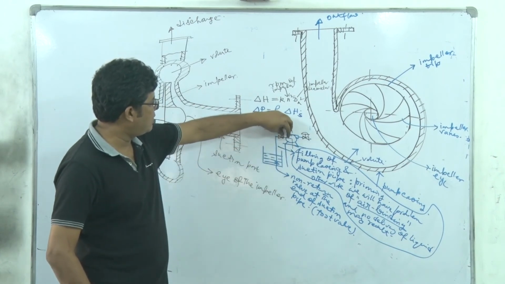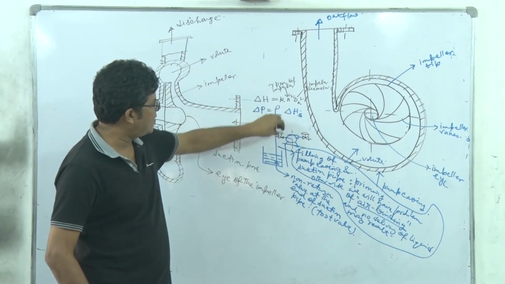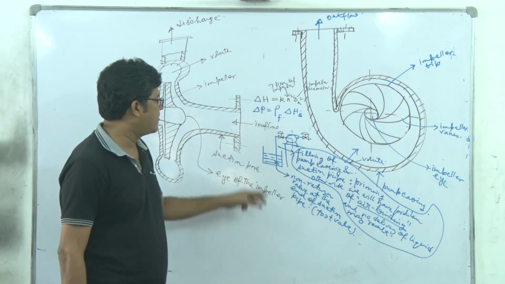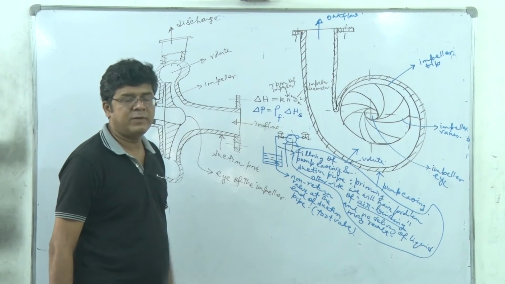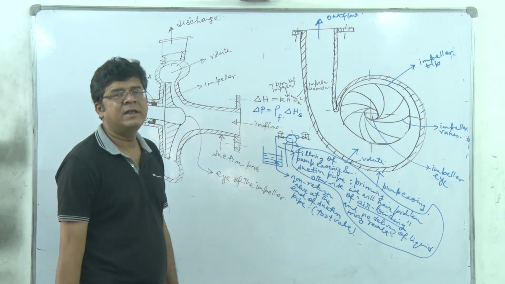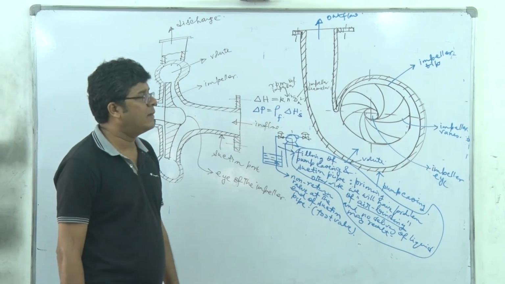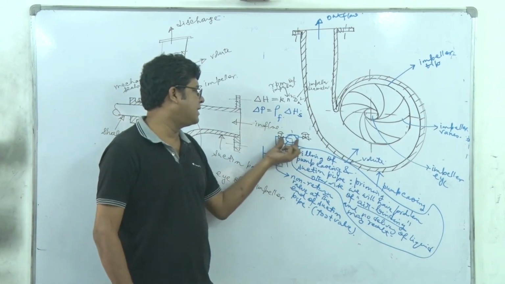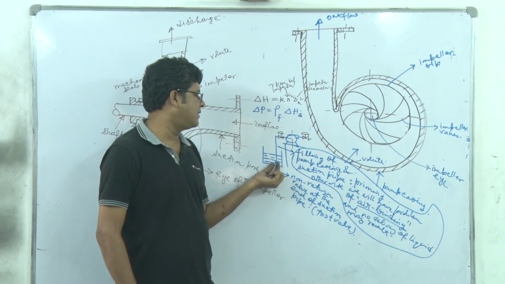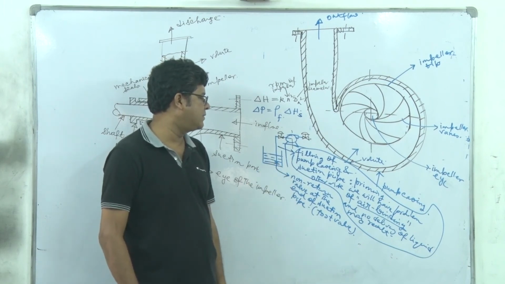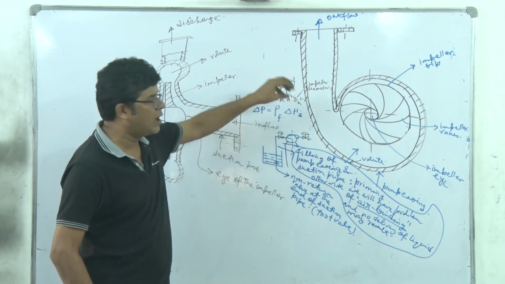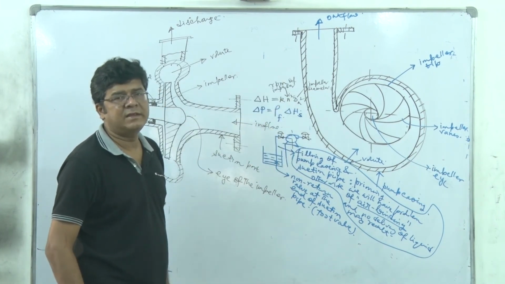The liquid, whatever was there in this suction line, will drain out. And when you are starting the pump next time, then again you have to fill up with liquid, which is not possible for standard household pumps and small pumps in process industry. So if at the time of installation I attach a foot valve at the end of this suction line, what will happen? Then once we are primed, the liquid will always be there and we can start the pump